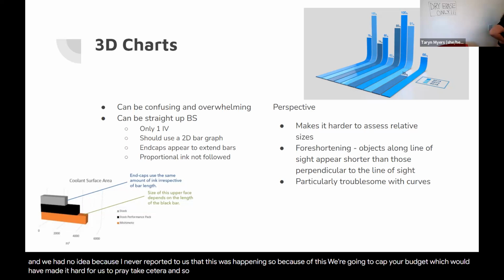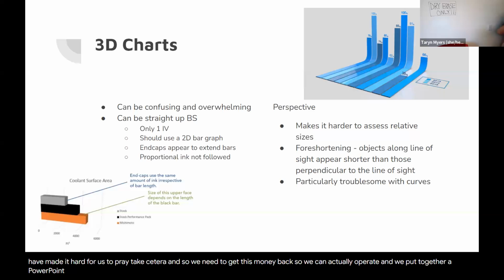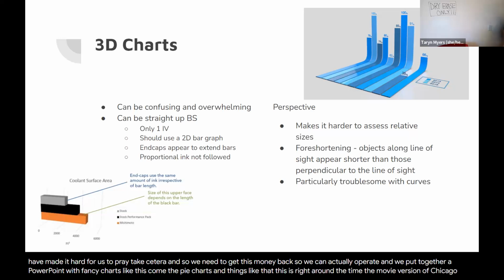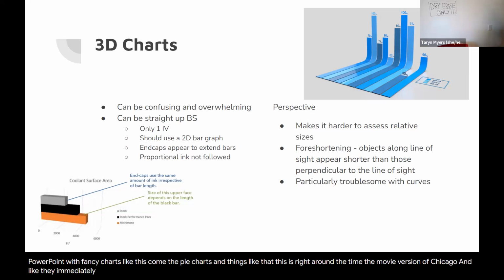And so we're like, oh, shoot. We need to get this money back so we can actually operate. And we put together a PowerPoint with fancy charts like this and pie charts and things like that. This was right around the time the movie version of Chicago had come out. So we were giving the old razzle dazzle. And immediately after our PowerPoint, they were like, okay, you need